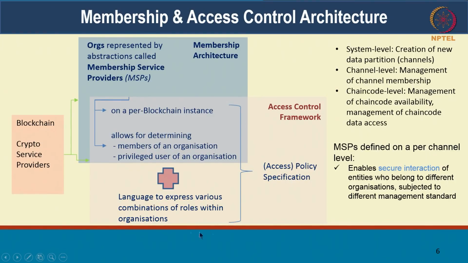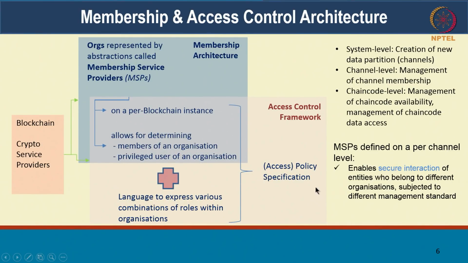Hyperledger Fabric also gives you a language to express various combinations of roles and organizations. The default Fabric CA comes with 2 roles. It gives you an admin and a member role. But you can also have sub-organizations, what we call an organizational unit, so you can have that defined. And you can provide access control mechanisms on some of those roles and organizational units. Together, all of this allows you to give the access control policy.